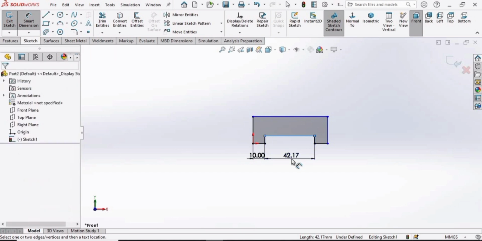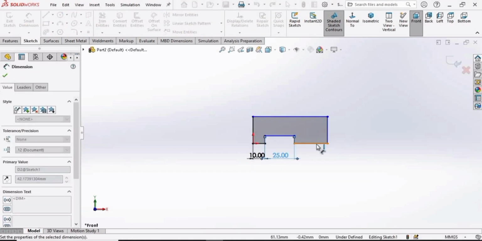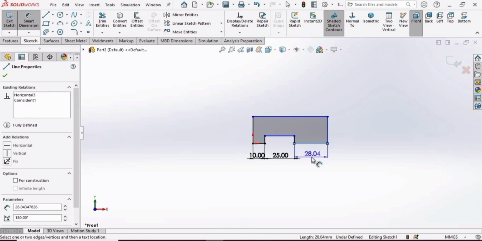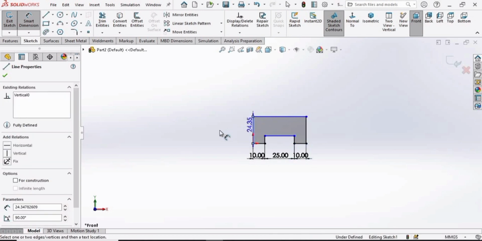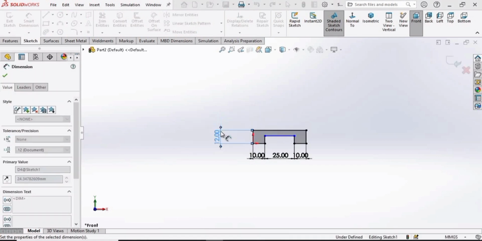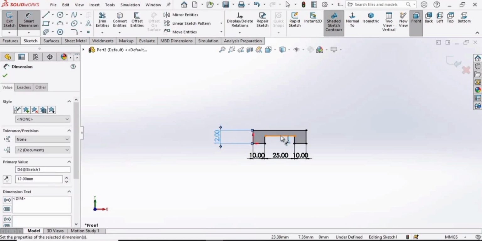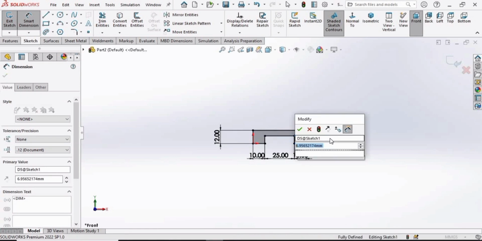Now specify the length of this line as 25 millimeter and the length of this line as 10 millimeter. And now specify the length of this line as 12, and from this line to this line we need to specify the distance as 2,